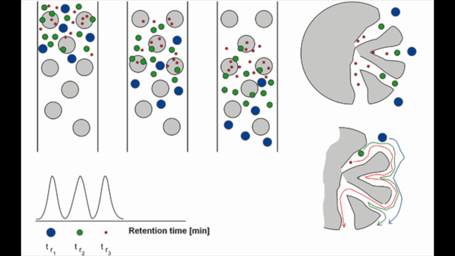The green one is a little bit bigger, so it can't fit into everything that the red can, whereas blue is kind of massive. It doesn't really fit in anywhere. So when you're going through all of these porous beads, naturally the biggest part of your sample is going to come out first because it doesn't fit into nearly any of these beads, there's nothing to explore, so it just kind of comes out first, whereas